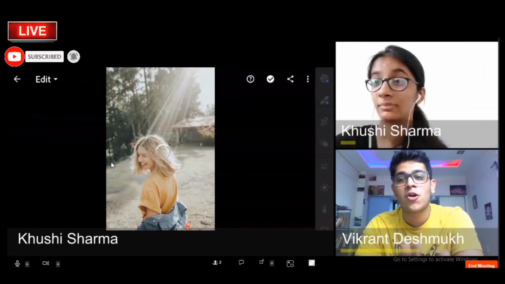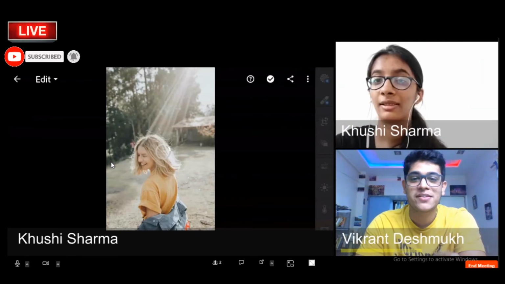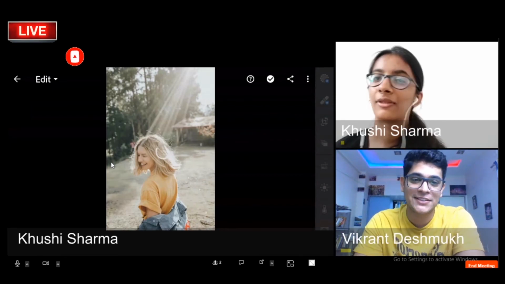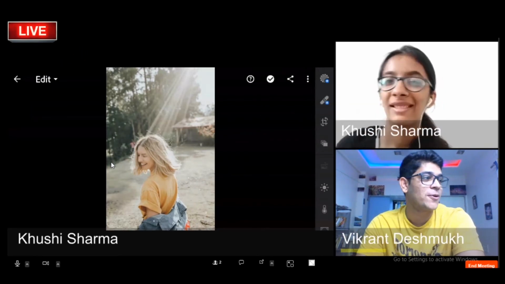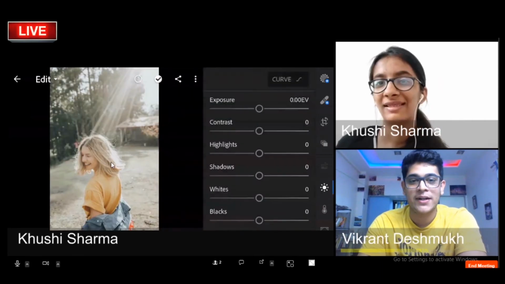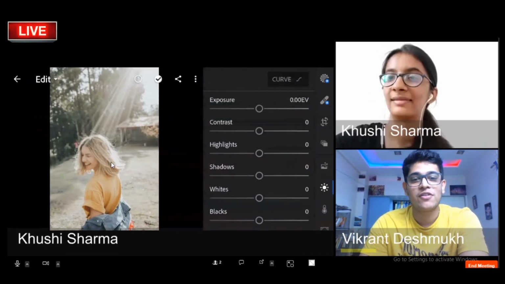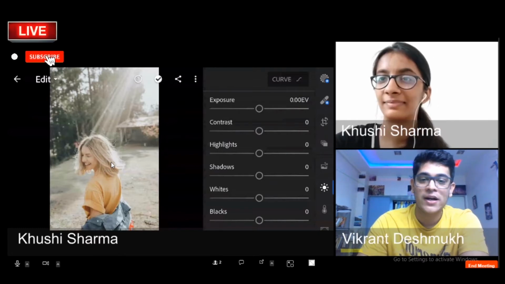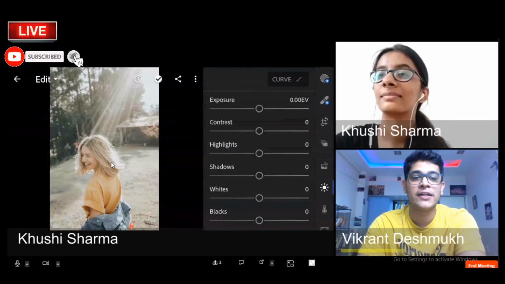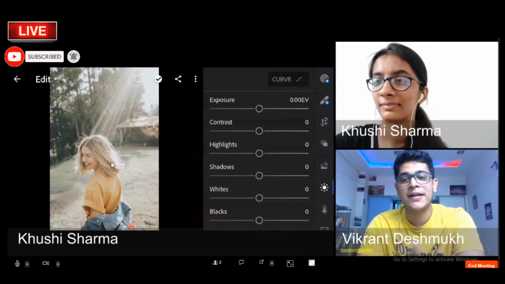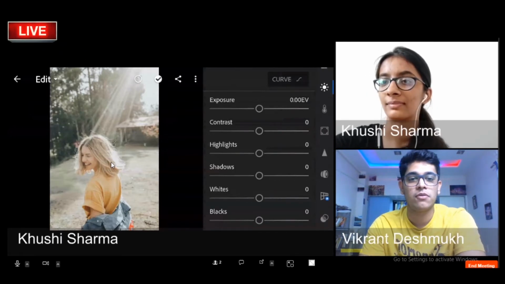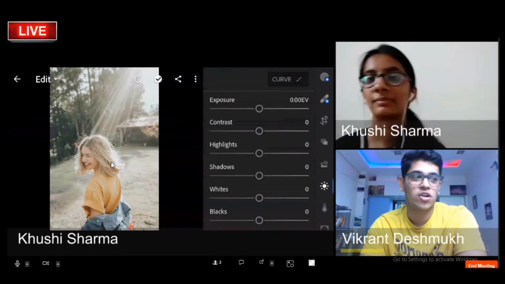One big problem of Adobe Lightroom is it takes a lot of time to load your pictures. You can't batch process raw images in Lightroom mobile at least. If you have a good system, if you have a good PC at home, you can download and use it on your PC. It's far better to edit one single picture. It usually takes a lot of time depending upon your phone.